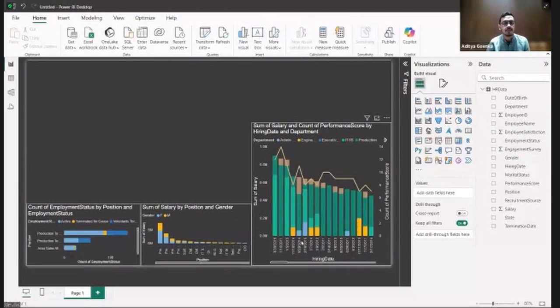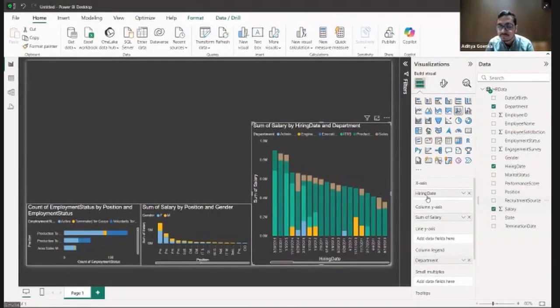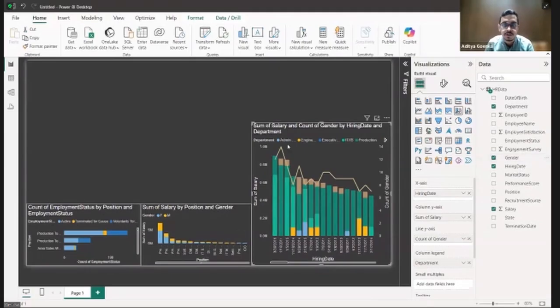So you kind of have two x-axis. Similarly, you kind of have two y-axis over here as well. For people who are saying instead of performance score, can we have something else? You can definitely have anything you want, whatever can be shown via y-axis. Let's say you want to show, tell me what else do you want to show? Let's say you want to show gender-wise data.